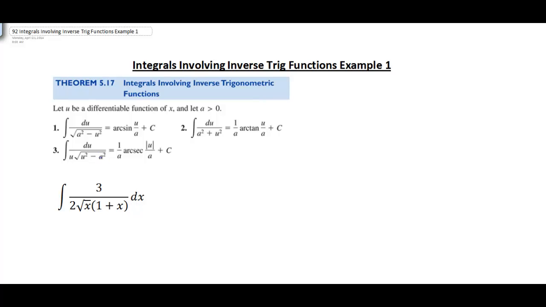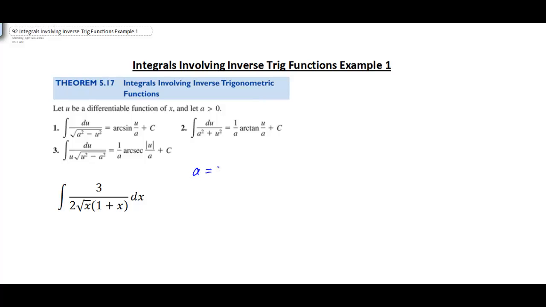And probably looking at the three example formulas above here, we notice we have the square root in the denominator for 1 and 3, and number 2, we simply have a squared plus u squared. So it looks like we would probably fit this to the arc tangent. So if we're trying that, if we focus on this 1 plus x, if we think of the 1 plus x to be our a squared plus u squared, then